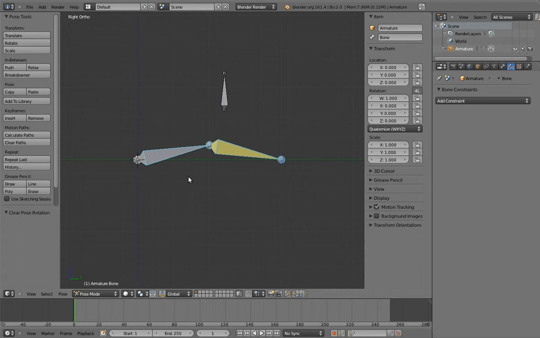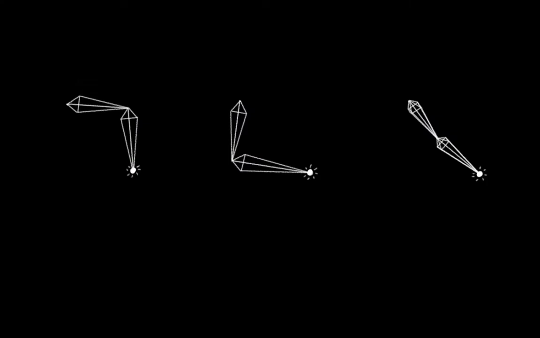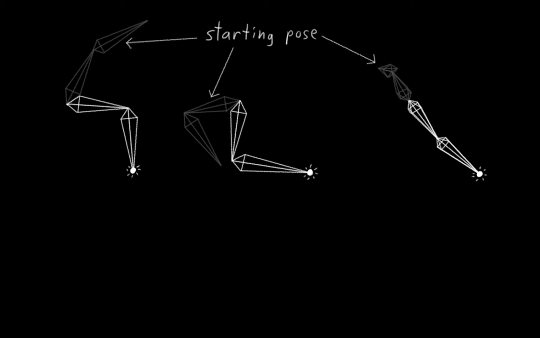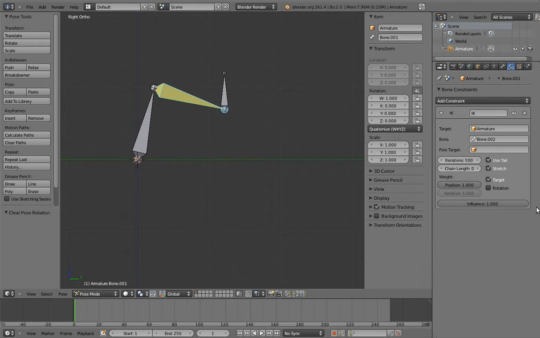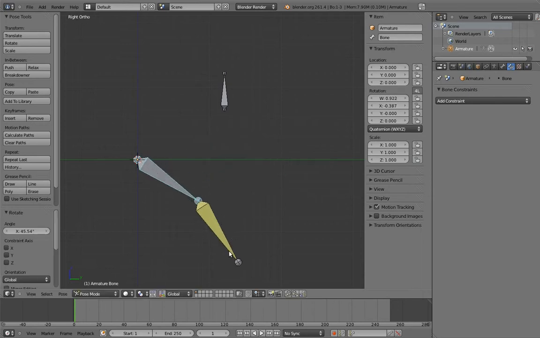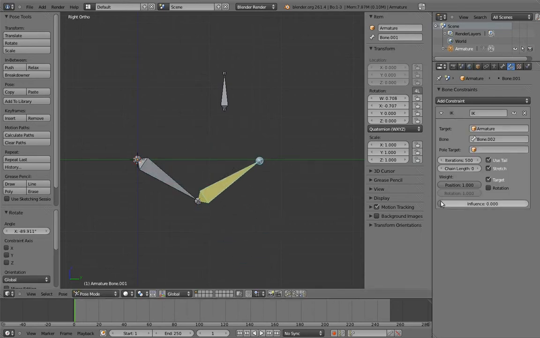The biggest issue with doing things this way has to do with how inverse kinematics calculates the rotation of bones in an IK chain. Inverse kinematics figures out the rotation of bones based not just on where the IK target is, but also based on where the bone chain started. So, for example, right now if we switch IK on, the bones are put into this position. But if we change the FK position of the bones to bend the other way, then the IK solution bends the other way. And this problem only gets worse when we throw in pull targets. Basically, it makes things unpredictable for the animator, since the IK arm will behave differently depending on what they do